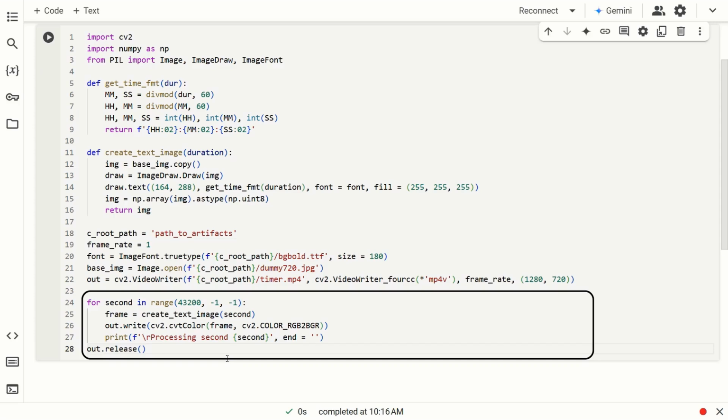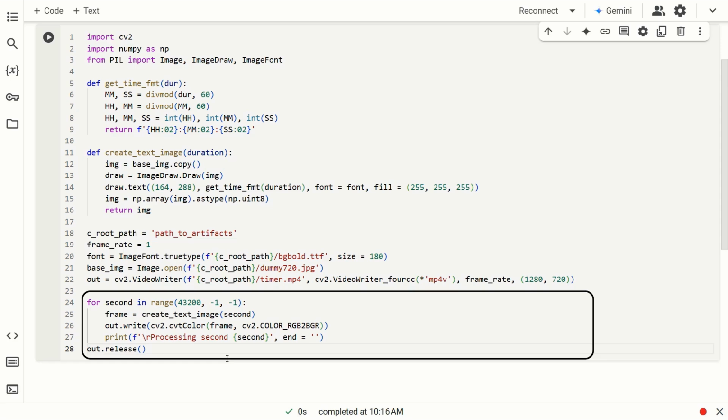Now that we have understood the component parts, let's look at how we'll execute those. We use the range object, which is a generator data type in Python. It does not hold anything in memory, and generates the numbers on the fly. We calculate the number of seconds in 12 hours, and iterate down to 0. Since the upper bound is not included in Python, we'll have to set the second parameter of range, stop, to -1, so that the timer ends on 0.